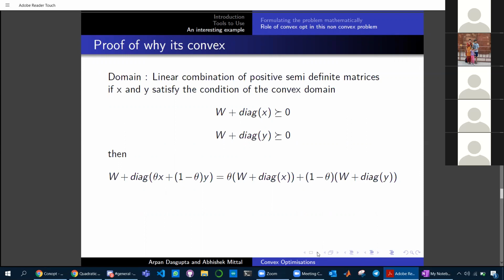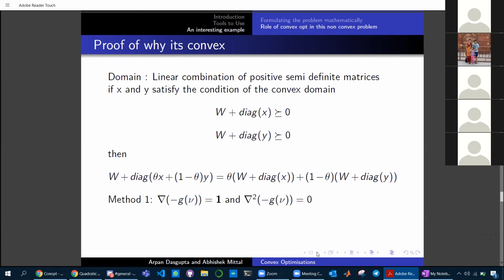Now let me prove the convex function satisfies this property. I'm going to prove it using two methods. The first method would be to take the gradient and then the Hessian. So if I take the gradient, then gradient of minus g of nu actually turns out to be a column vector with all of its entries 1, because each one of the minus g of nu depends on a linear function of nu i, the ith component of nu. And if I take its Hessian, then I get directly 0. And this is indeed positive semi-definite.